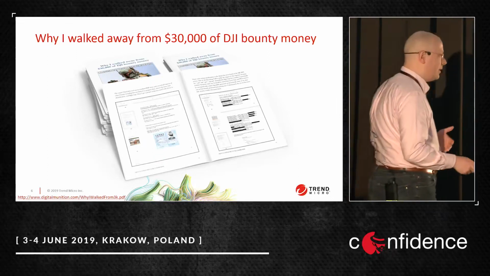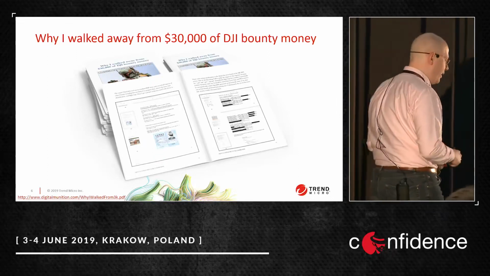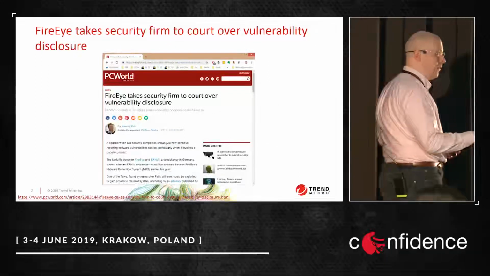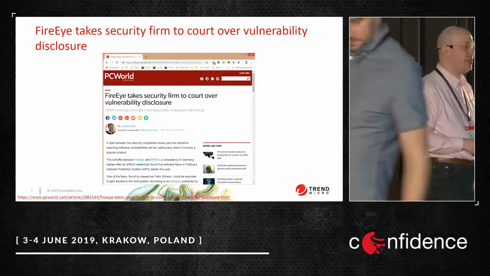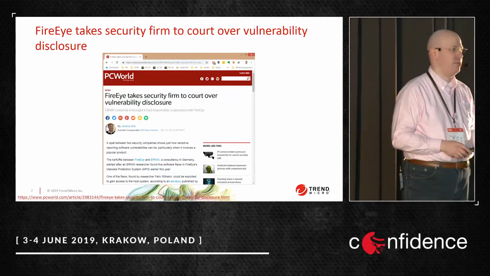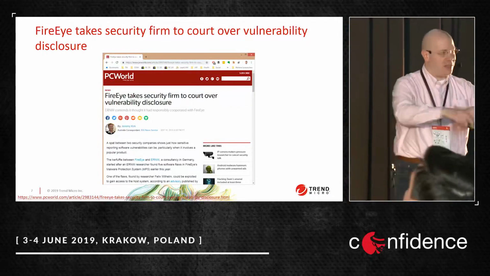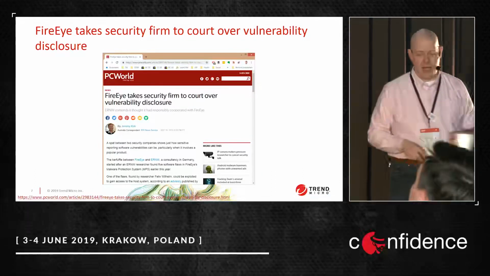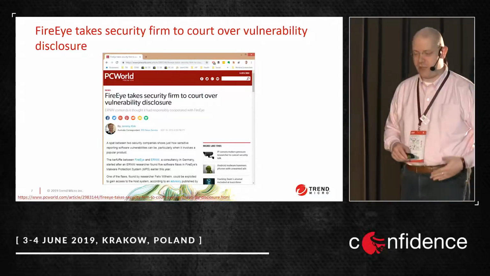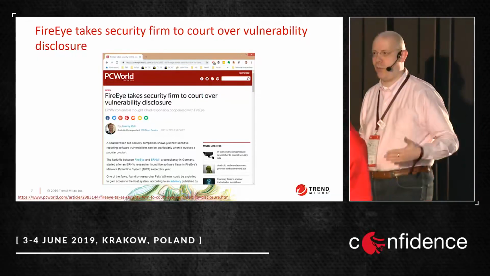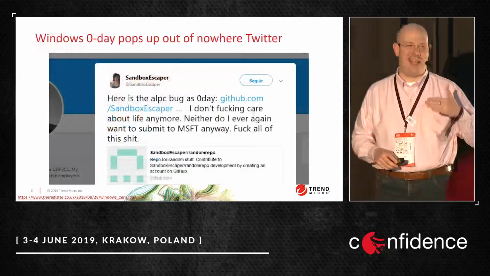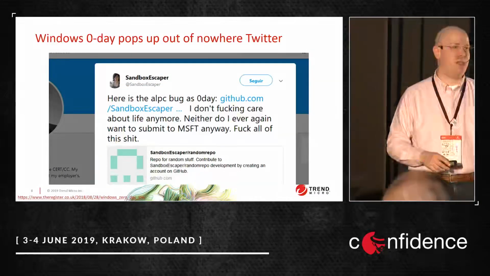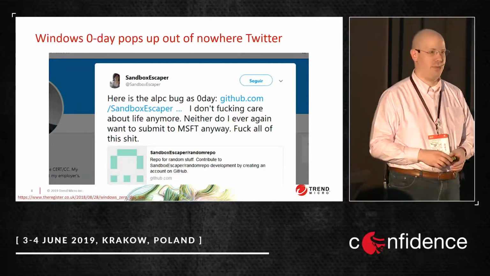So even if you're a security vendor, the first reaction might be, well, the vulnerability that you found isn't really a vulnerability. If you're going to release it, you will be in big trouble. We're going to sue you. And if you take these examples, it's quite understandable that some researchers are, sorry for the French, kind of pissed off and start releasing zero-day exploits via Twitter, via Pastebin, via GitHub.